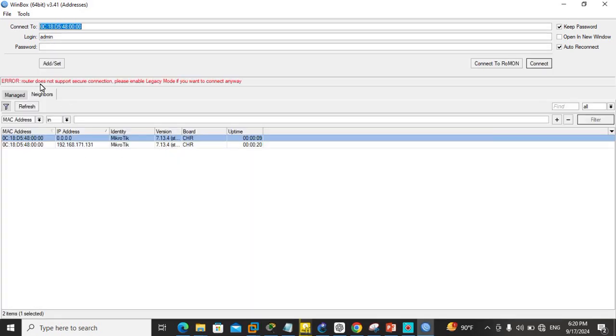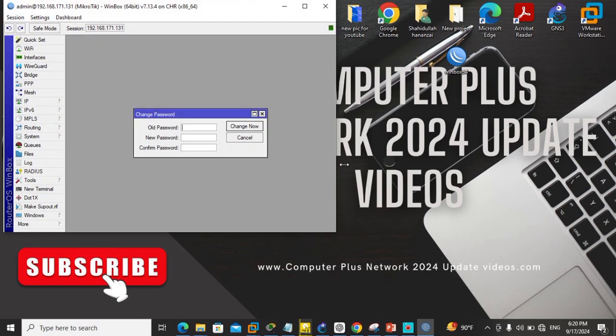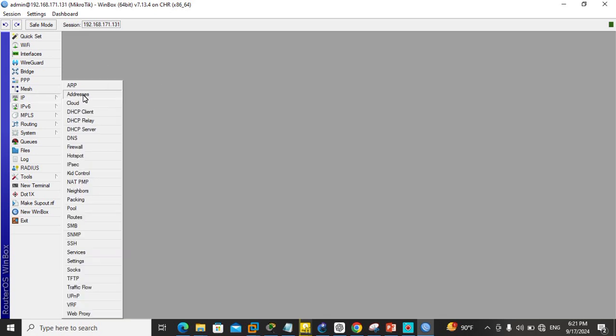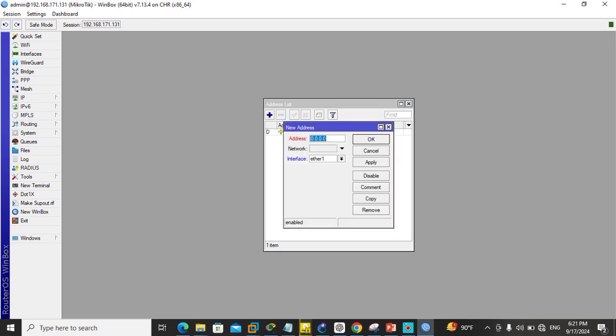and a router does not support. Now I want to choose this one and this IP. Yeah, I can connect and I can log into the login page of MikroTik. First I want to give an IP. This already exists. Now I want to give a new IP like